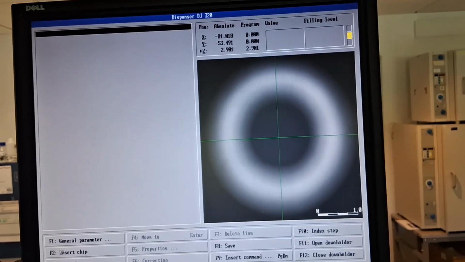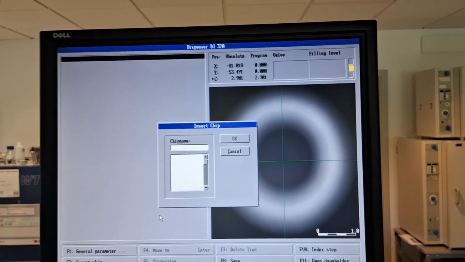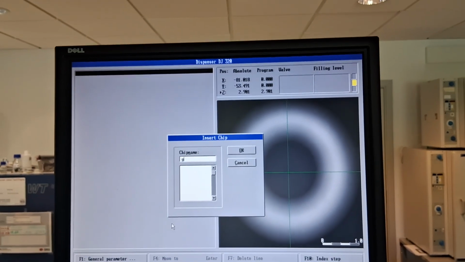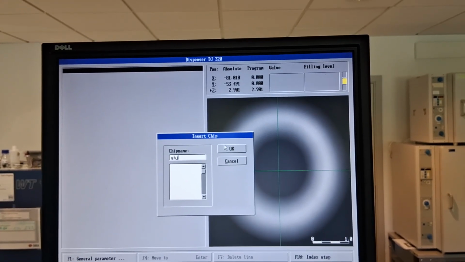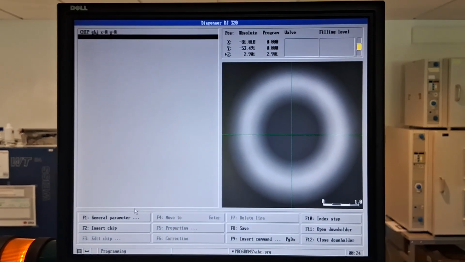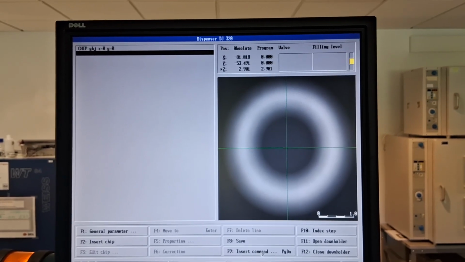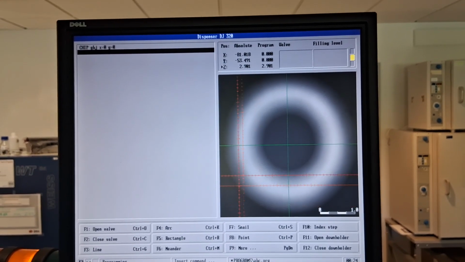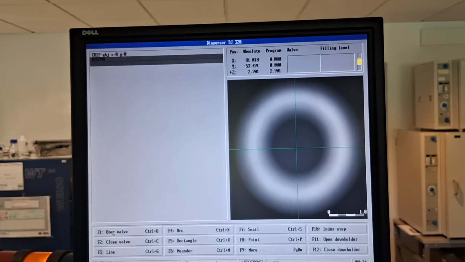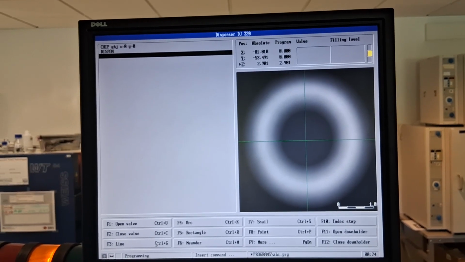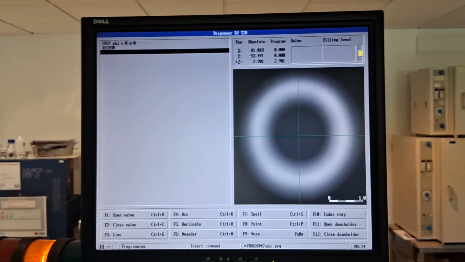you will insert a chip. Earlier I showed the chip, something like that. If it is a chip name, we can just put the chip name. And here you can insert a command. So you need to click insert command. Here, open the valve, insert the dispense on command. Similarly, if you want to pattern a particular one, let's say rectangle, you can click it,